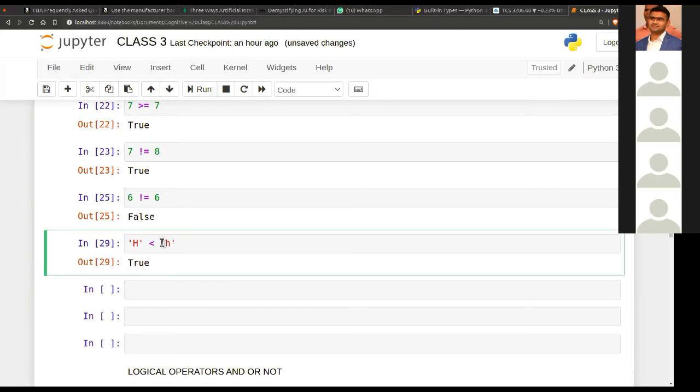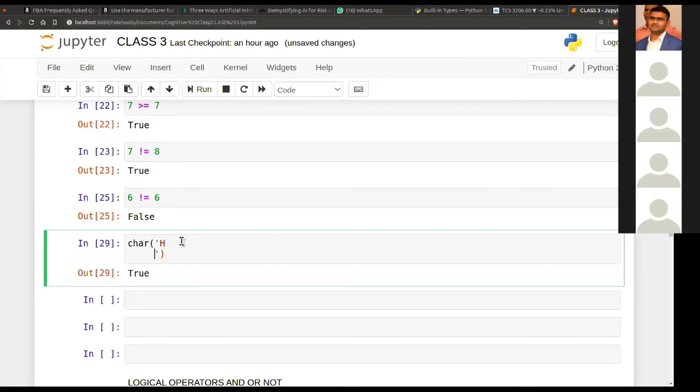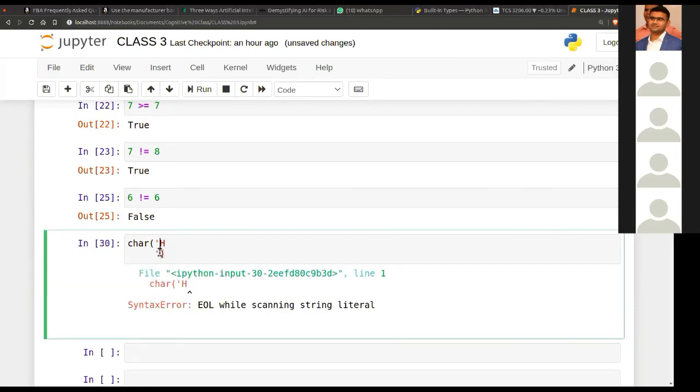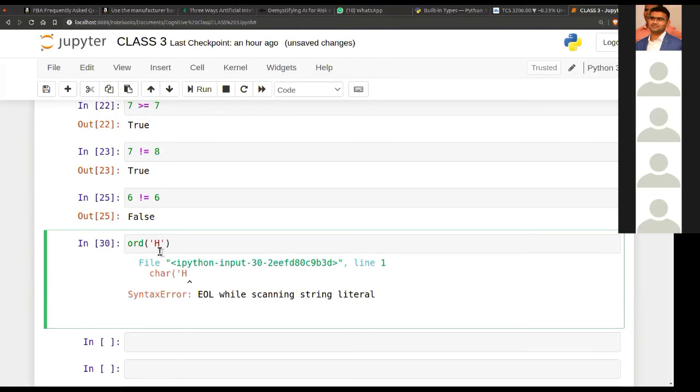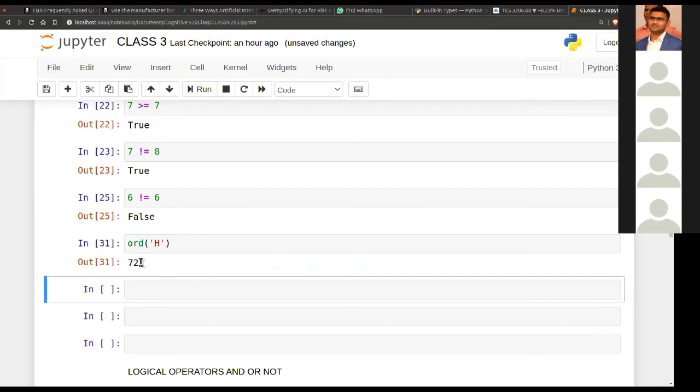For ASCII, we have the chr function, and if you want to see, the ord function, ord and chr. So if we check ord, it is 72. So it would compare 72 for you in that case.